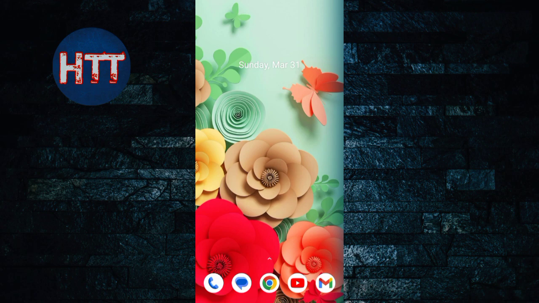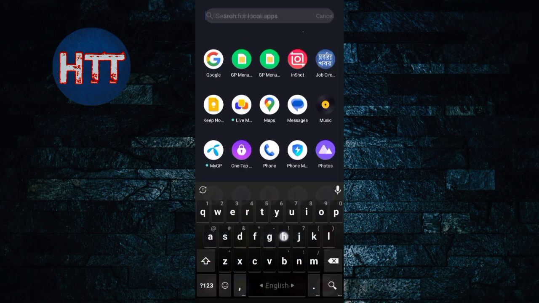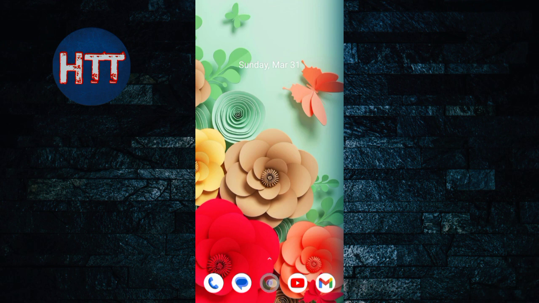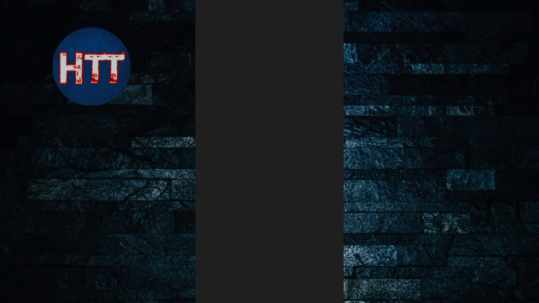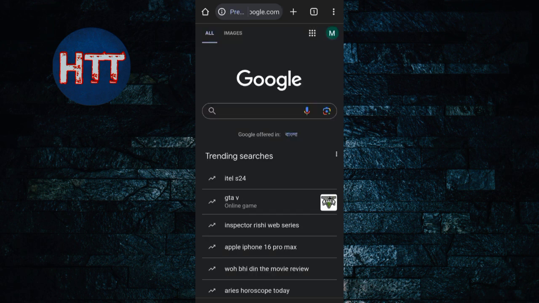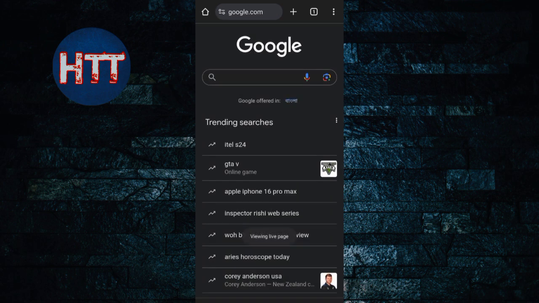You will not be able to see your password in the Facebook application, so you have to go to Google Chrome and you must log in on Google Chrome, and you have to save your password, otherwise it's not possible. Then you can see the three dots, simply tap on the three dots